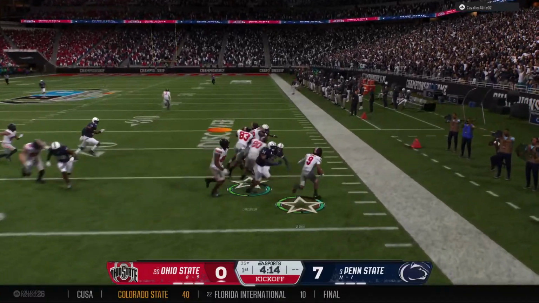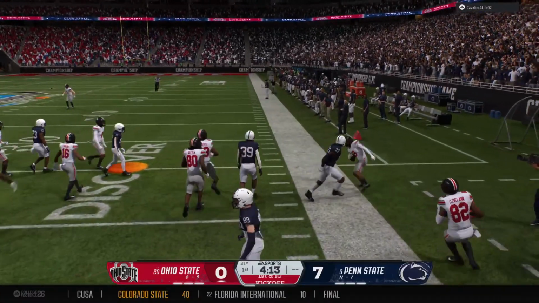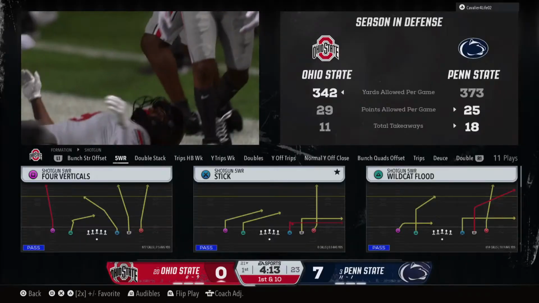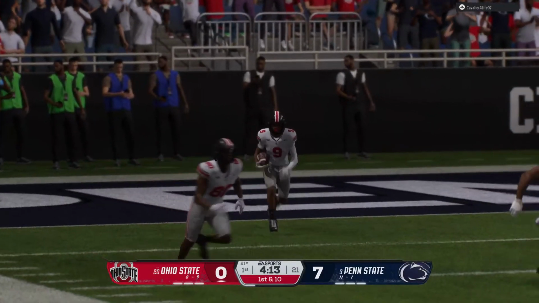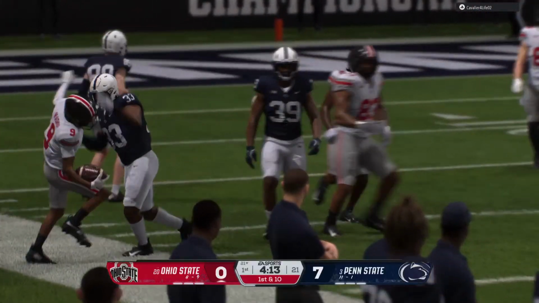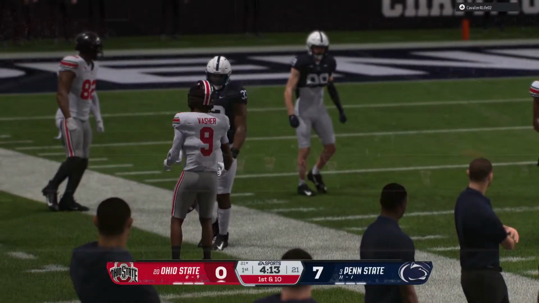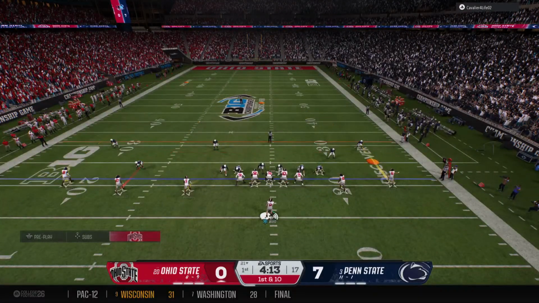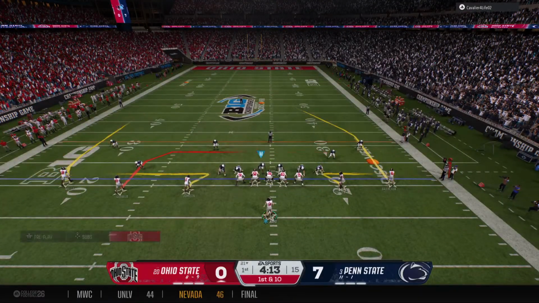He's going to return it from deep in the end zone. Steps out at the 21-yard line. Tried to make something happen on the return, but cost himself 4 yards. Okay, here comes the Ohio State offense back on the field. We'll see if this quarterback can shake off the interception he threw in the last possession.